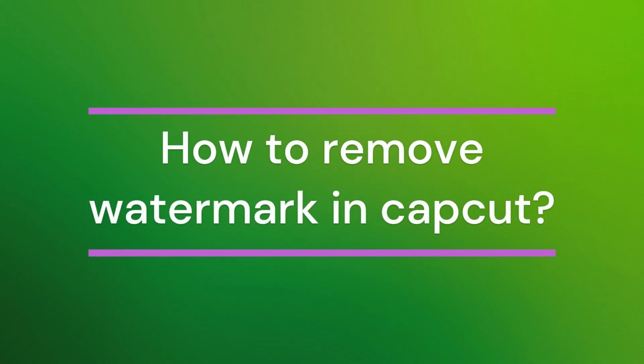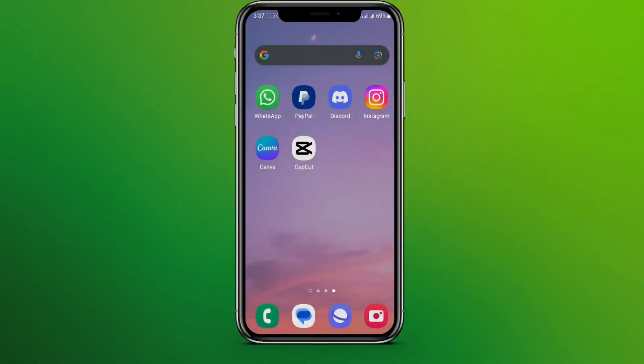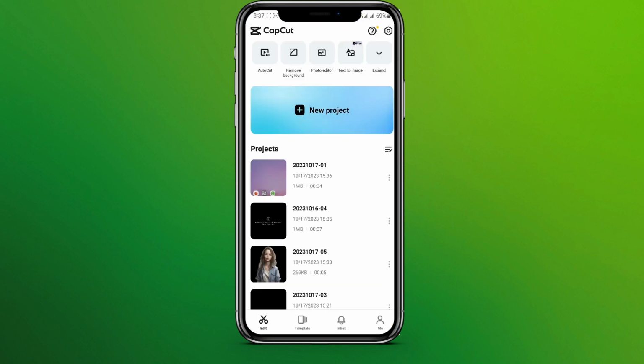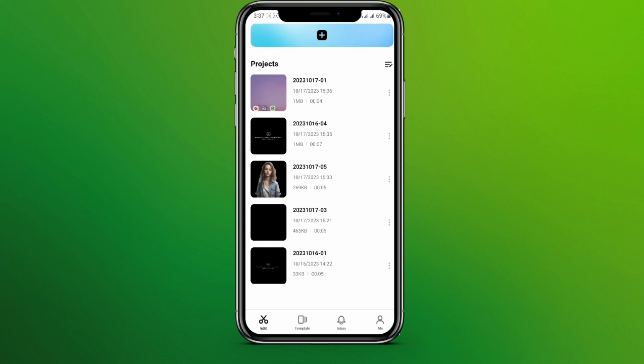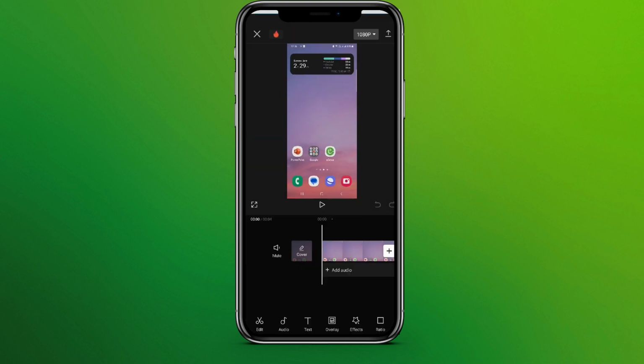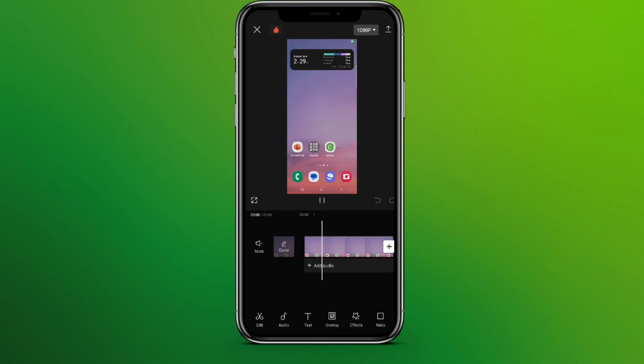Today in this video let's learn how to remove the watermark at the end of the video in CapCut. So let's get started. At first let's get into the CapCut app and you can go to any video you want to edit. So let's go for this one, and if you play this,